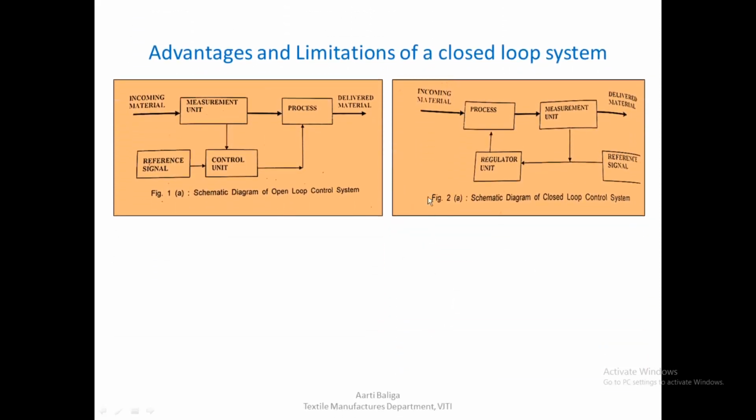So now let us compare the advantages and the limitations of a closed loop system over the open loop. So this is the closed loop control system. Again, the picture is pasted here, and this is the open loop. So we can see here again that the process, the measurement, and all are going in the loop. But if we were to start from measurement over here, the arrows are not pointing in the same direction. They are going in the opposite direction at these places. So therefore, this is known as a closed loop system.